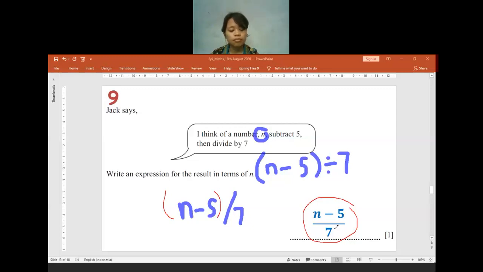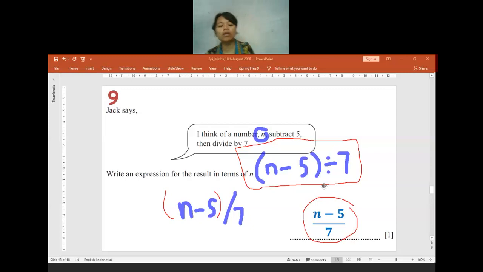Wait, if it's like this, right? It's like I don't put it like n minus 5 over 7. If you put n minus 5 in the bracket, and write it like this one, the one that I just put inside the square, it means this is also okay. So n minus 5 in the bracket divided by 7, or n minus 5 in the bracket per 7, written in one line, is also okay, as long as the n minus 5 is inside the bracket. If you want to write it in one line, you can pick which one, but the most appropriate one is n minus 5 per 7, all over like that.